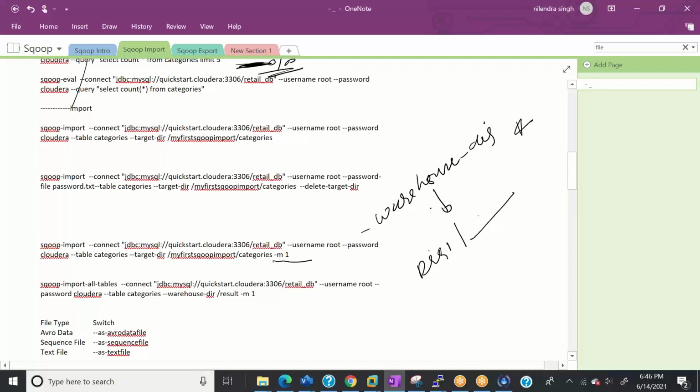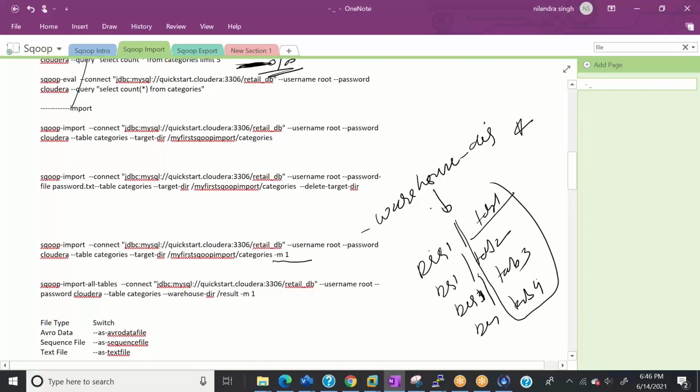So let's say we have 4 tables. It will create dir1 with table 1, table 2, table 3, table 4, and these will be put automatically by Sqoop, and that's what the warehouse directory parameter is doing for us. Let's see.